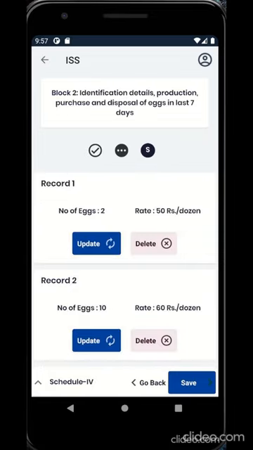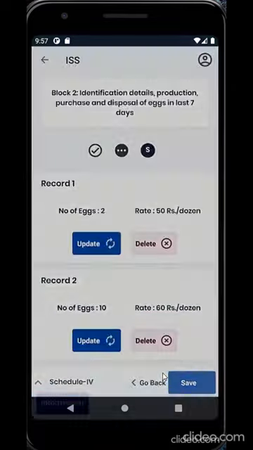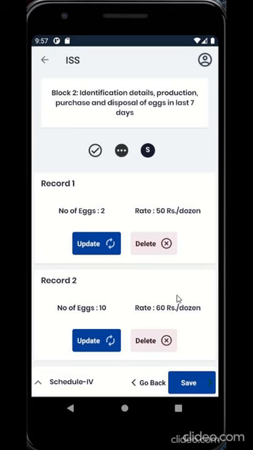Please note, to edit the added records, click on Update. This will allow the enumerator to change the provided details. Click Update. Similarly, to delete a record, click Delete.